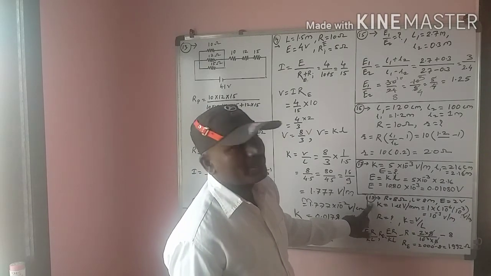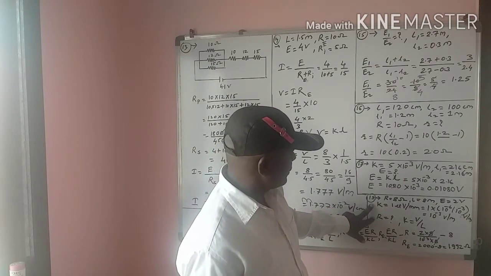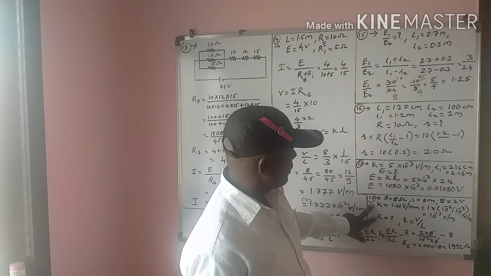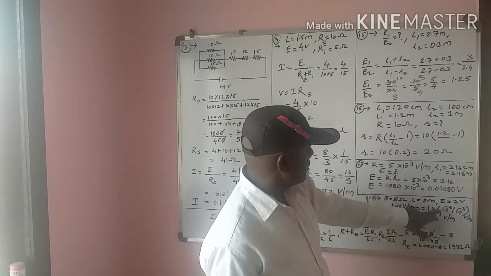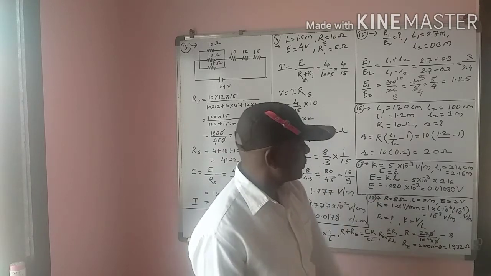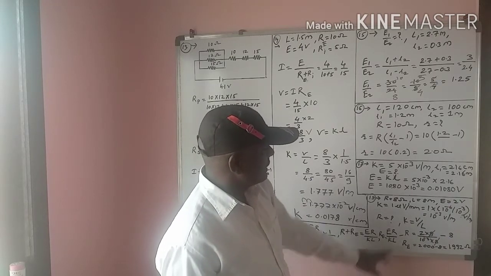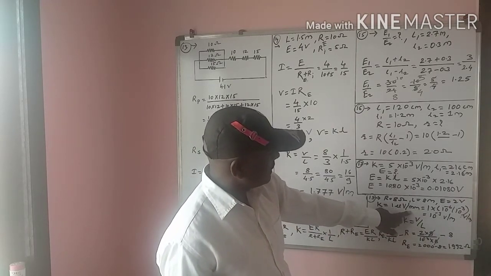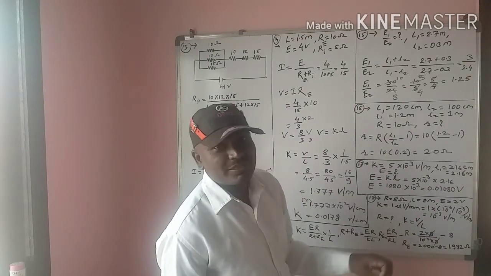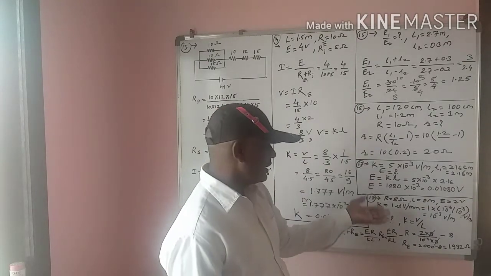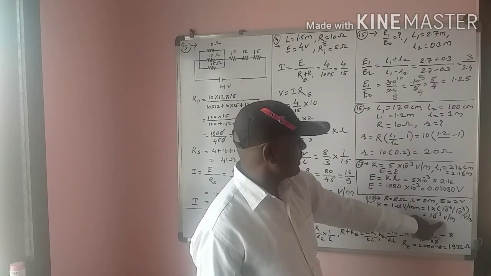Again in the 18th problem, here we find out the external resistance, that is R is equal to how much? Internal resistance is given, r is 8 ohm, L is equal to 8 meter length, and E is equal to 2 volt. K is equal to 1 microvolt per millimeter. This millimeter is converted in terms of meter, so multiply by 10 to the power minus 3. But that minus 3 in the denominator comes in the numerator, it becomes a positive sign, and we get here 10 to the power 3 volt per meter.